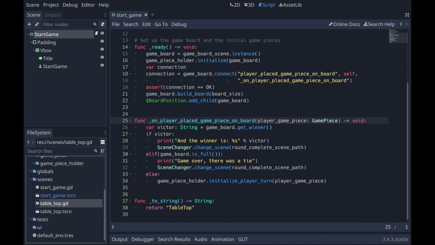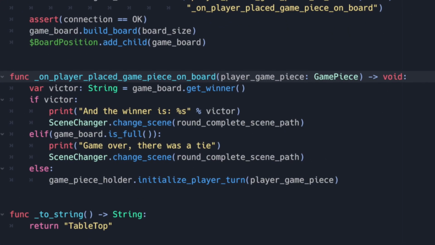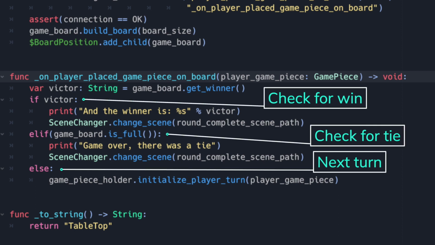If we want to take turns between the player and the computer, we need to more formally define the turn concept so that it can be reliably manipulated in code. Currently, the turn concept is subtly implemented in the tabletop scene code in the onPlayerPlacedGamePieceOnBoard function. After the player places a piece, if there's not a win or a tie, we use the GamePieceHolder class to